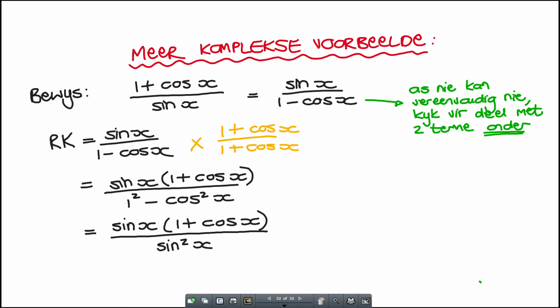Sien jy, nou het ek 1 term bo, 1 term onder? Nee? So I can actually go cancel out. So I'm going to cancel out that sin x with one of these sin x's. You guys see that? And then I have left